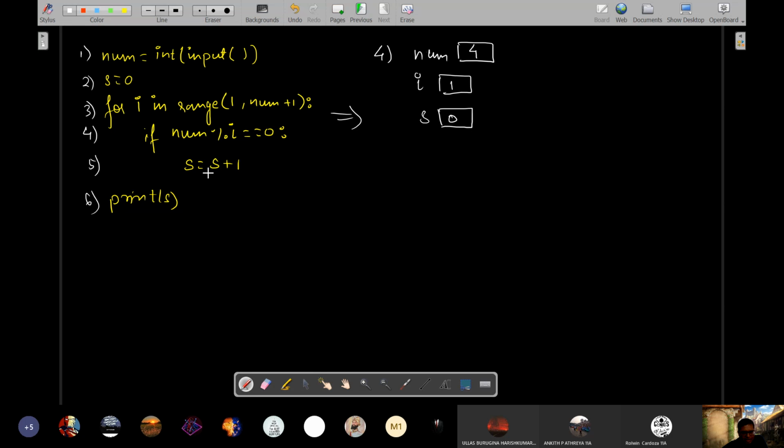You will get inside then, because 4 is divisible by 1, therefore line number 5 will be executed.